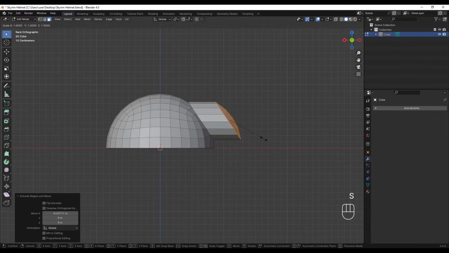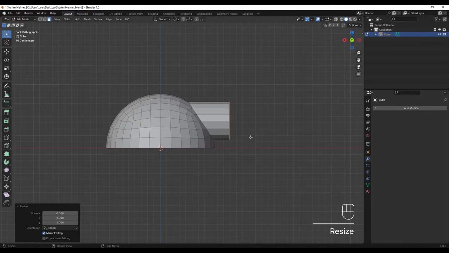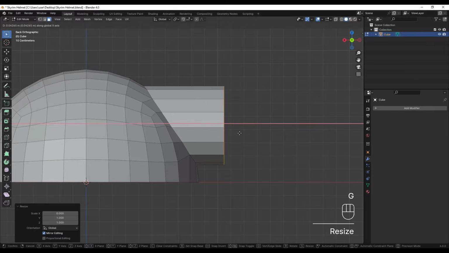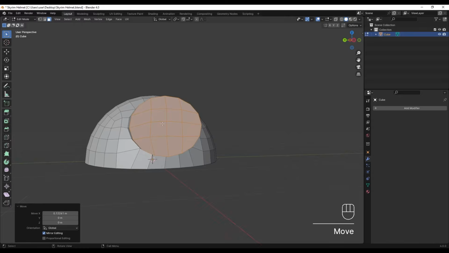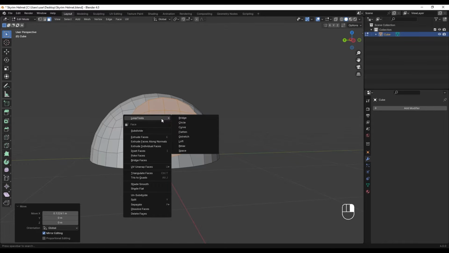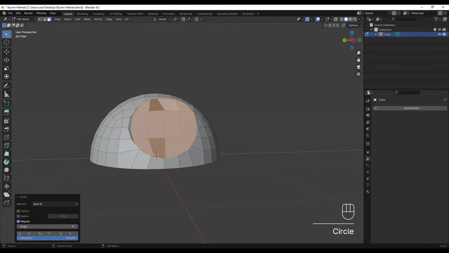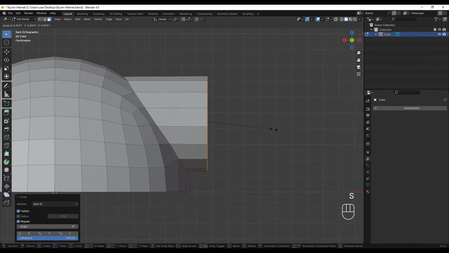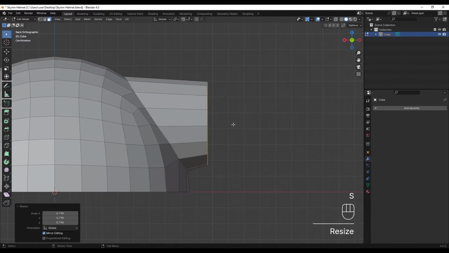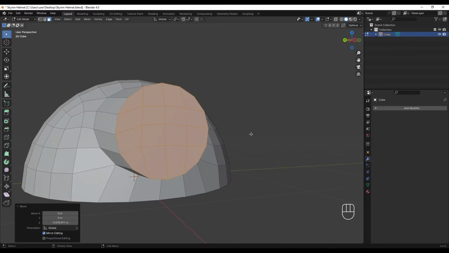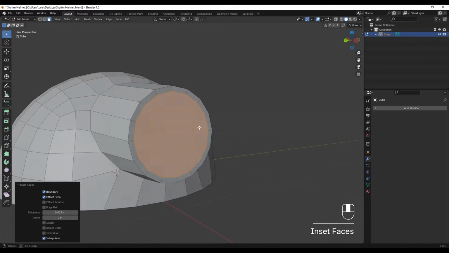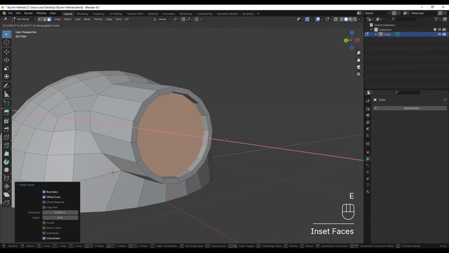I'm going to press S, X, and 0 to flatten, and we can move this back a little. And also again, we need to make this as circle, so right click, loop tools, and circle. This time we need to check the flatten, and then I'm going to scale this down and move this down a little like this. And then we can hit I for inset, like so, and extrude inside a little, and